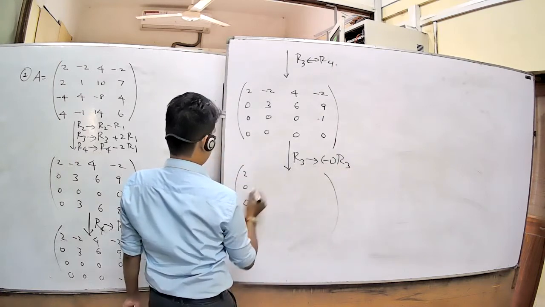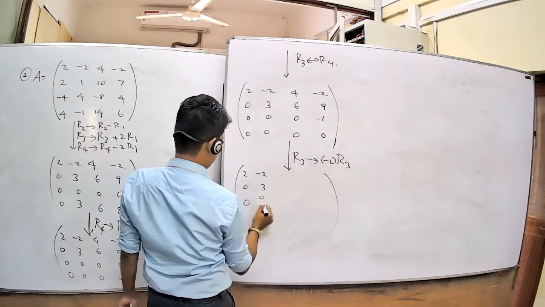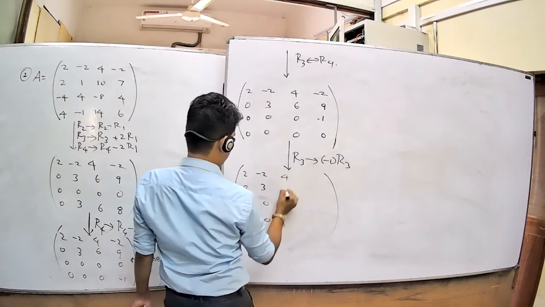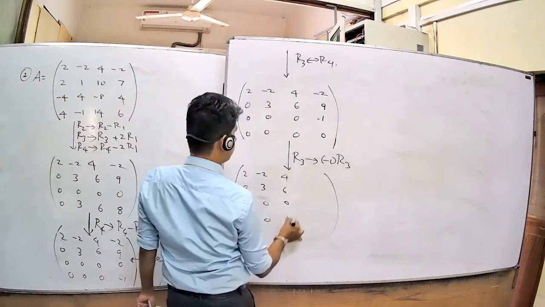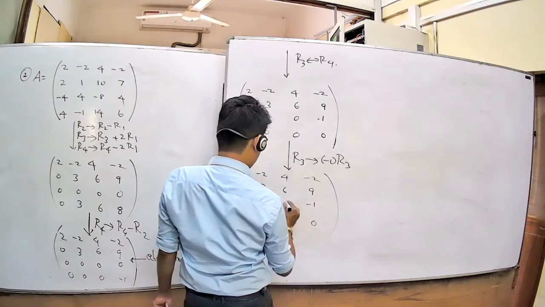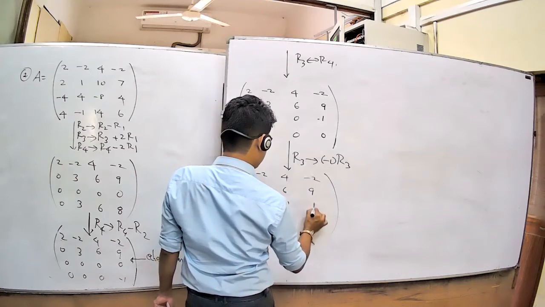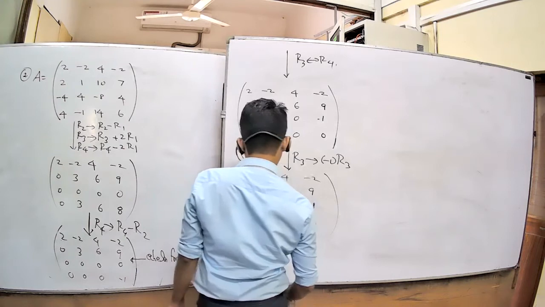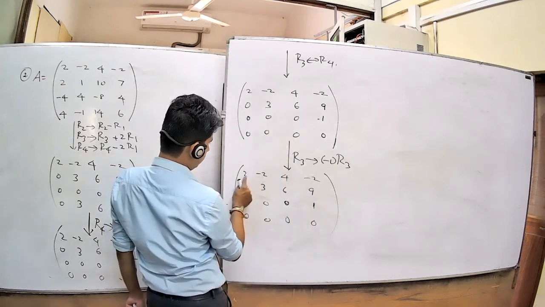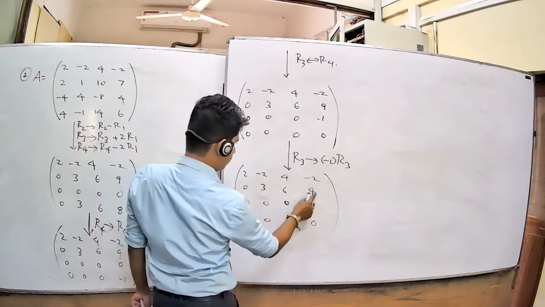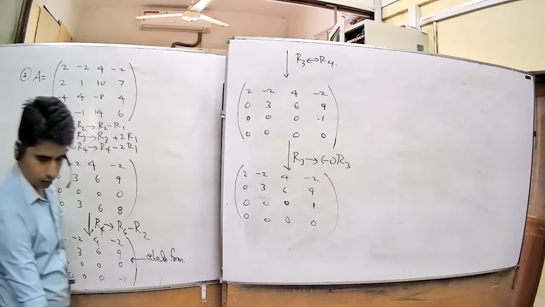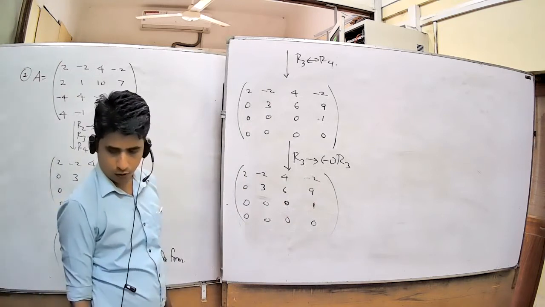2, 0, 0, minus 2, 3, 0, 0, 0, 0, 4, 6, 0, 0, minus 2, 9, minus 1, 0. Now 1. Now you want to get here this value 1, this value 0, this value 1, this value 1 already there. This is 2 are 0. That is your already second form, no? So that is your claim, right?